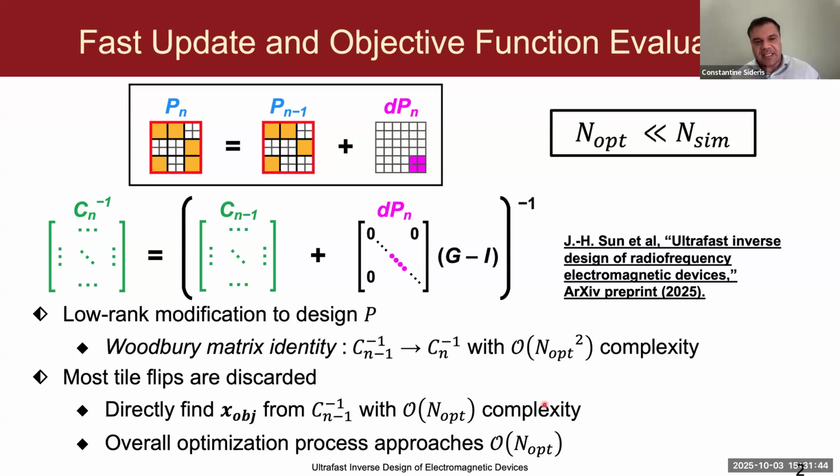The reason that this is so important is that with these random-based methods where you're flipping a tile at random, a very large proportion of your tile flips are going to be bad ideas, bad flips, essentially, that you'll have to undo. In fact, likely more than 90% of your flips you're going to undo and not have to update this matrix. This matrix only gets updated when you have a good flip. And so the overall complexity of the method is some sort of average of this order n opt and order n opt squared, but it's much closer to n opt because most of your flips you undo.